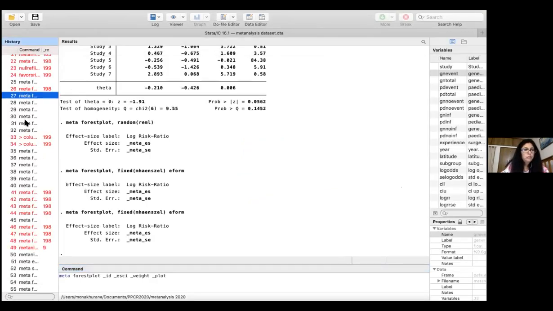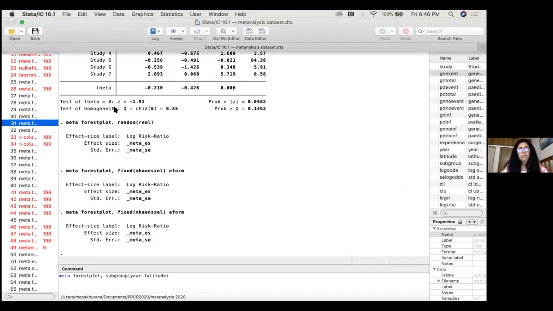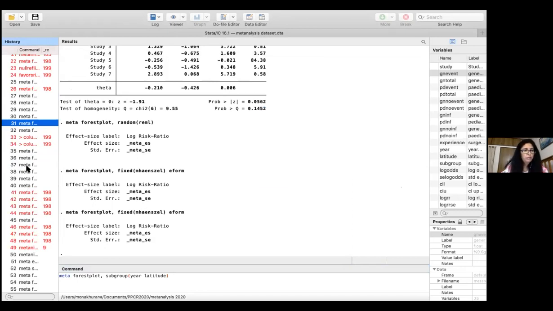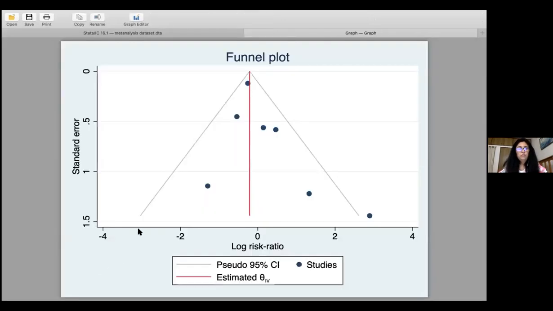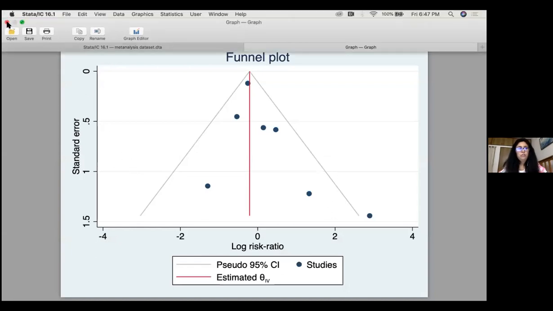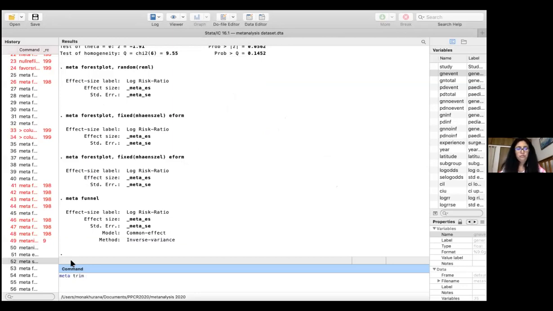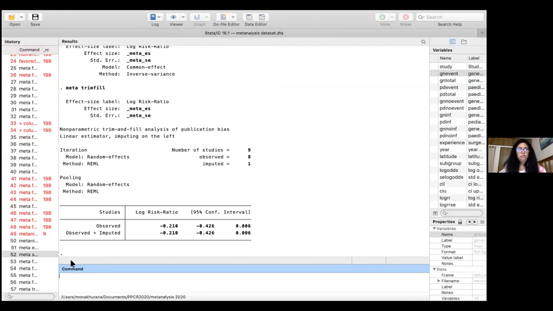So then, let's see what else we can do. You can do a cumulative meta-analysis also. We'll make a funnel plot first. Just type meta funnel actually. So you can get your funnel plot here. You can do a trim and fill also. So here, if you just put trim fill, you won't get the funnel. So to get the funnel, you have to put